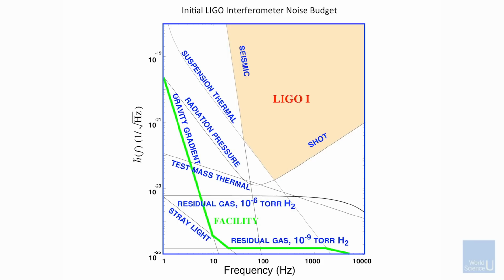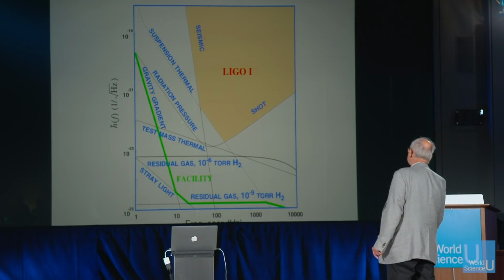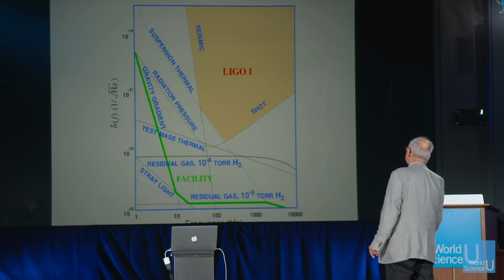And here's the fact that you have photons hitting the mass and pushing the masses around. That makes noise. That actually physically pushes the masses around. And if I have time, I'll show you that. Now, as you increase the laser power into the system, this gets smaller, but this gets larger, the radiation pressure noise. So there is some optimum. And then there are other noises.